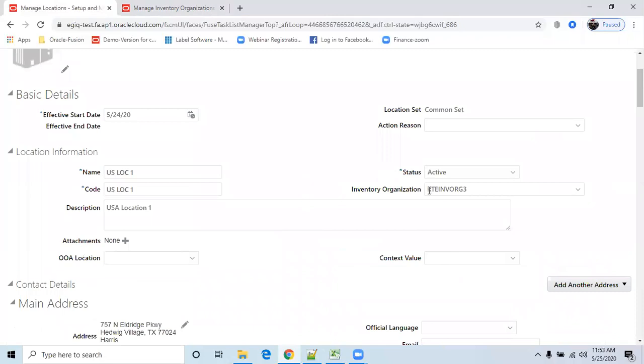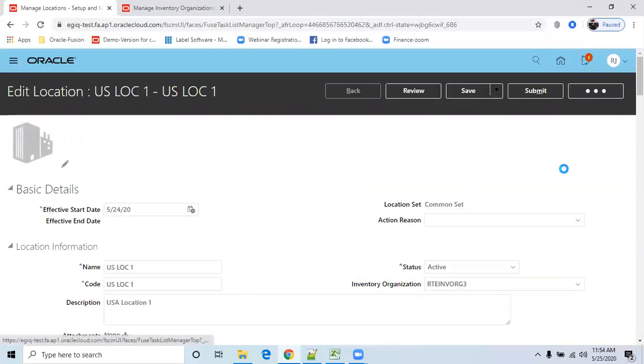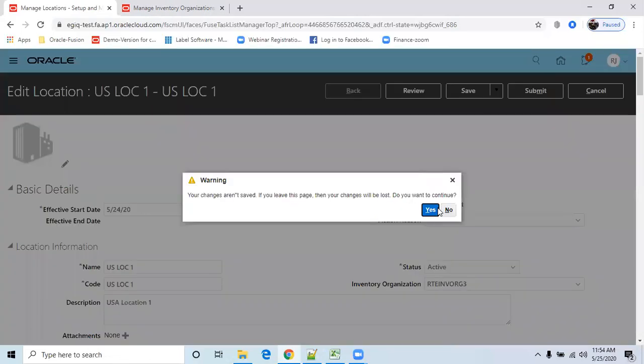So here earlier we had not linked the inventory organization. This inventory organization is mandatory to link when you do the receipts. Receipts means we have a standard receipt, direct receipt, inspection, right? So whenever you are doing the receipt, this location we must integrate with the destination inventory organization. Okay, so now I have done this one. Just cancel, I'm not doing any changes.